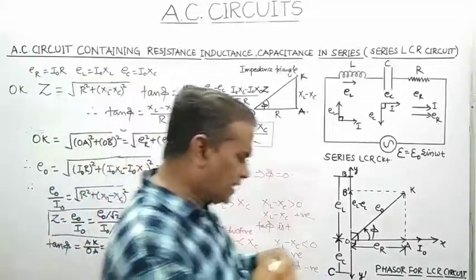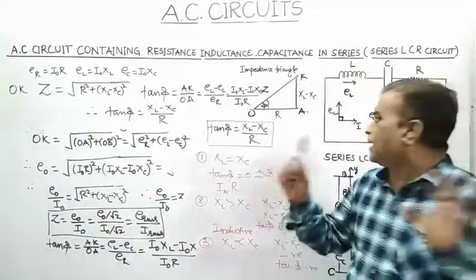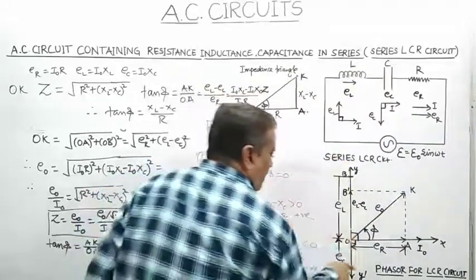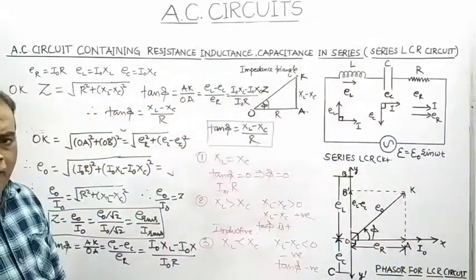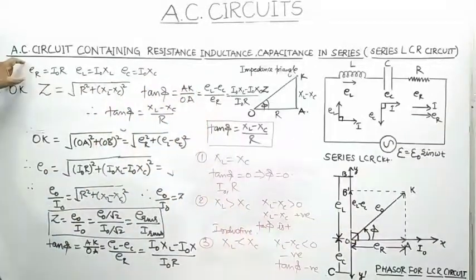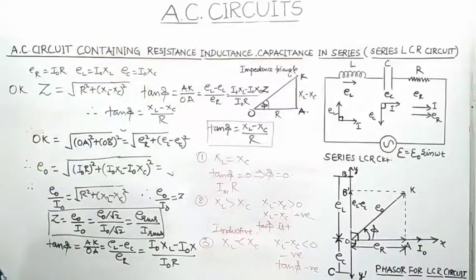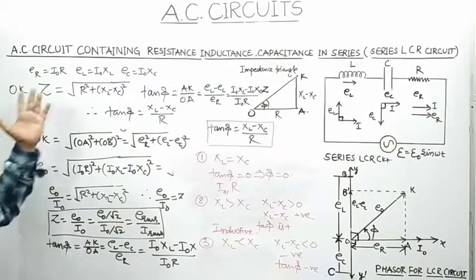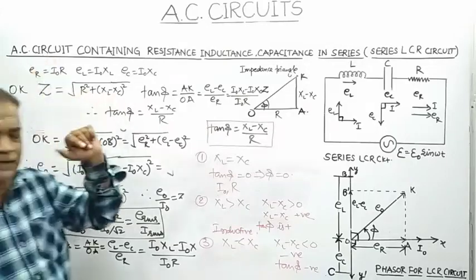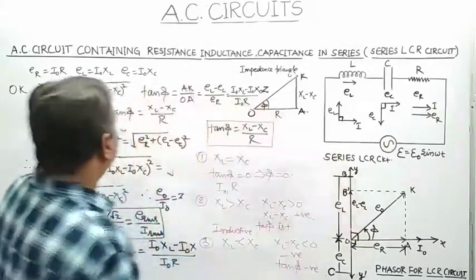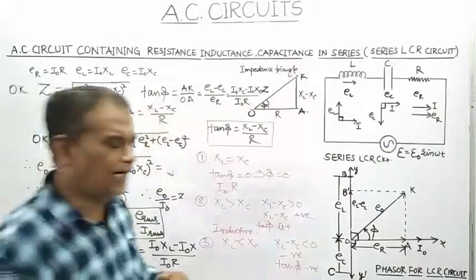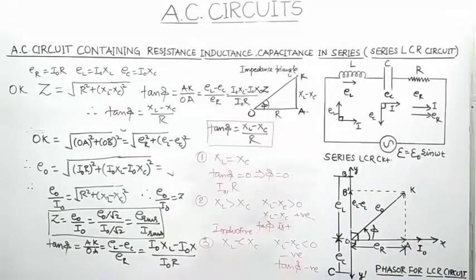So in the examination there might be a separate question on the impedance triangle. Then you can write: in a series LCR circuit you must draw this three phasor diagram, and from it we can draw the conclusion ER equal to I0R, EL equal to I0XL, EC equal to I0XC. And then you can write Z equal to under root of R square plus XL minus XC square, which represents the impedance, and tan phi equal to XL minus XC divided by R. So this is about a series LCR circuit: the impedance, the effective current, as well as the voltages across inductor, capacitor and resistance that we had studied.